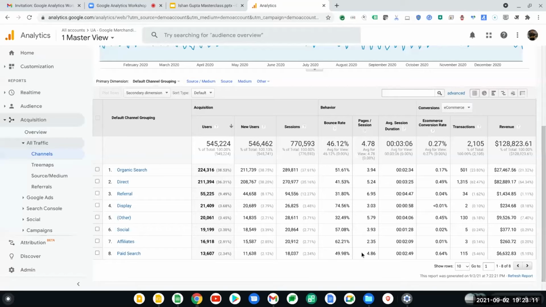Right. What can you do with this information? Optimize our website. Like how? User interface, we can improve the landing page. We want users to land on the exact landing page.